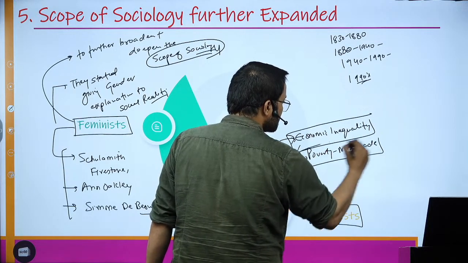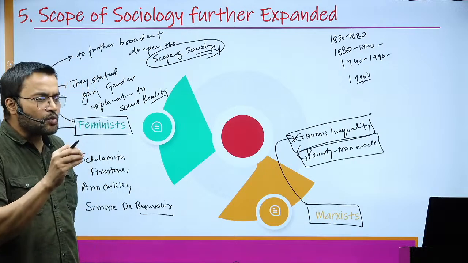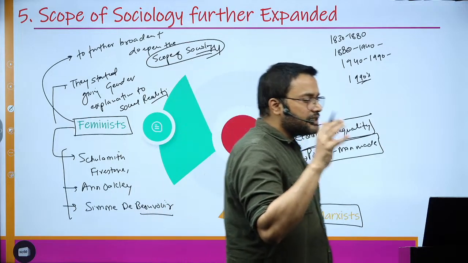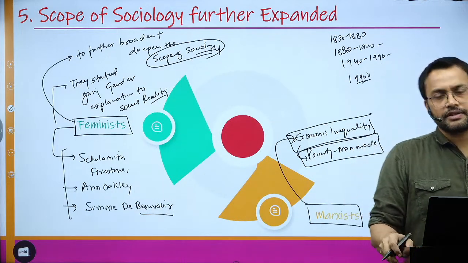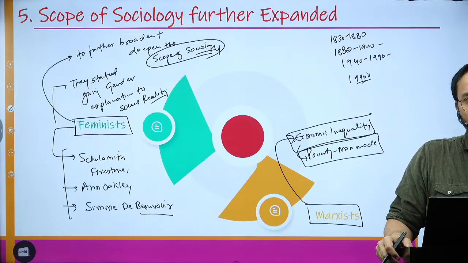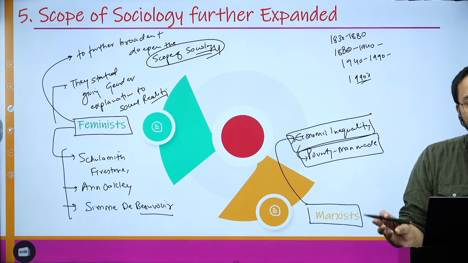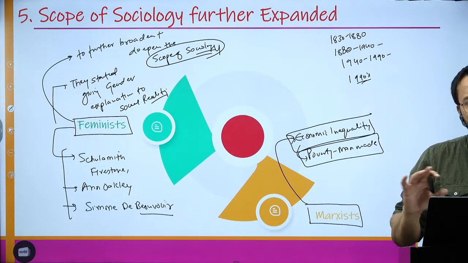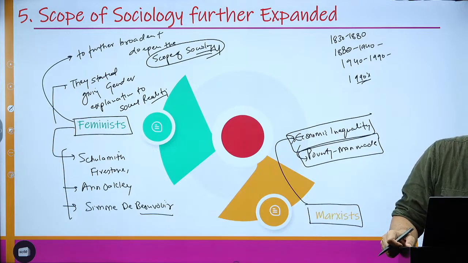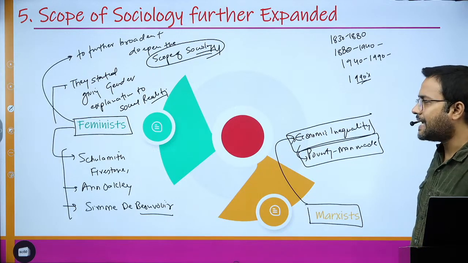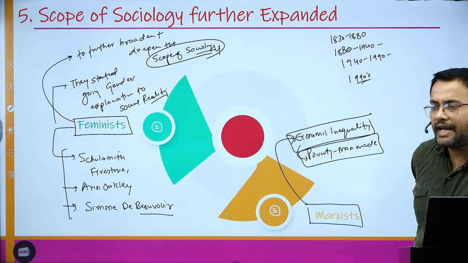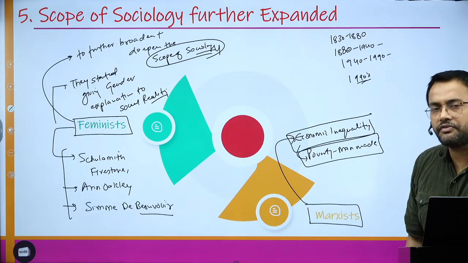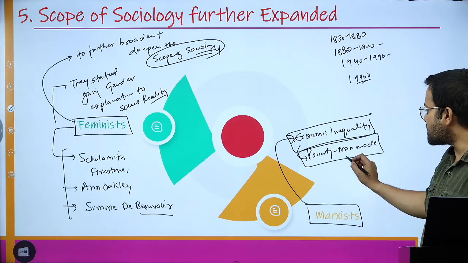it is not natural. Why? Because only a handful of people, a very small percentage of the minority, are owning all the means of production, controlling all the factors of production. Means of production means industries, tools, technology, capital, land, everything that you talk about, controlled by a handful of capitalist class people. And the majority of the people, the labor class, give their labor, and in return they are paid certain wages, and when the wages are not as per the quantum of work that they are doing, as a result there is mass poverty.